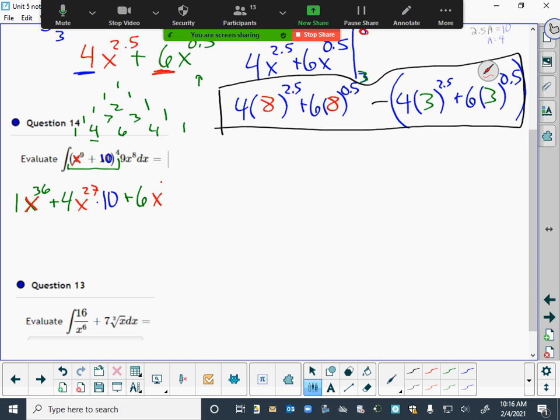The x to the 9th squared is x to the 18th, and the 10 is now going to get squared, so that's 100,